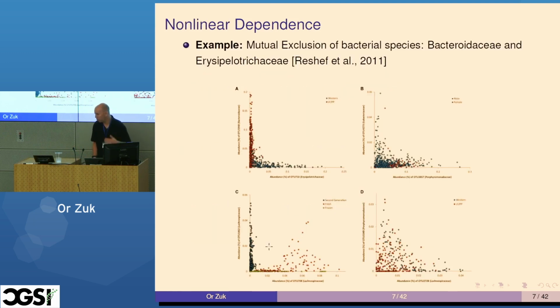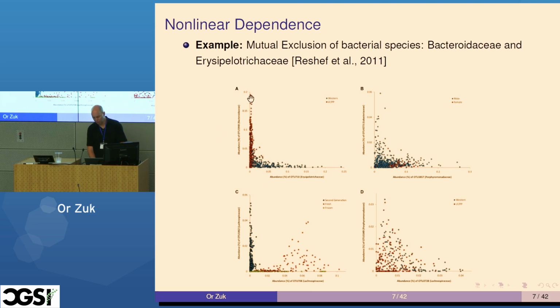All right, and just to motivate you, here are some examples. That's from the paper that introduced one of these coefficients called MIC by Reshef et al. And these particular data sets are from metagenomics. And we have here the abundance of two microbial species in different samples. And they vary based on either nutrition or some other interventions. And what you see here is a very interesting pattern, it's called mutual exclusion, right? So clearly, if you look at this data and you look at the points, then there is a dependence between this bacteria species and this one,